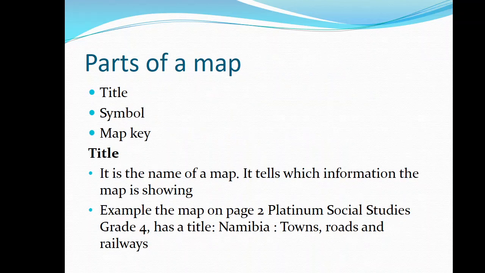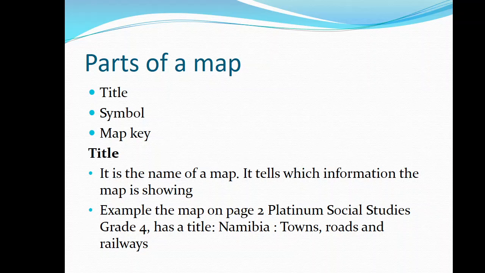A map has also parts. We have 3 parts of a map, whereby you have a title, symbol, and a map key. So what is a title in a map? It is the name of a map, and the title is the one that tells information of what the map is showing. For example, if you look at the map on page 2 in your Platinum Social Studies book for